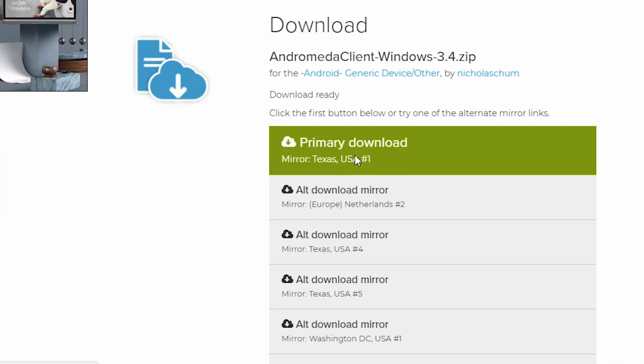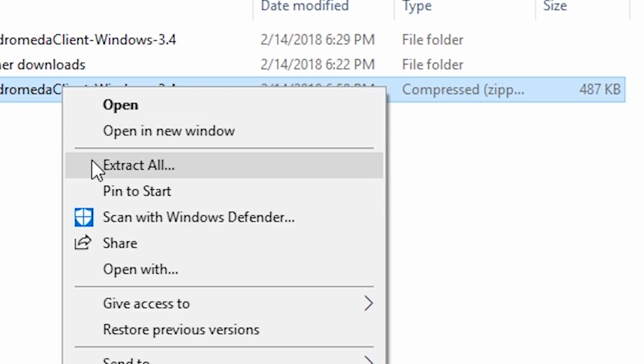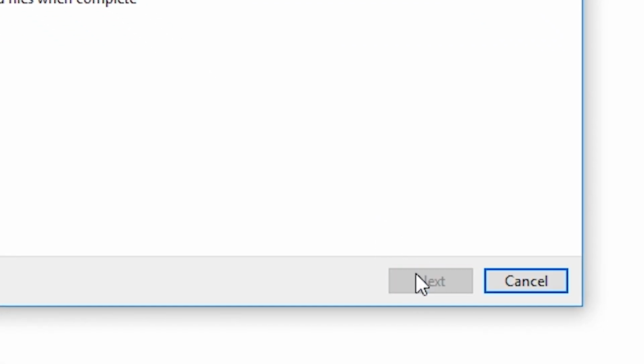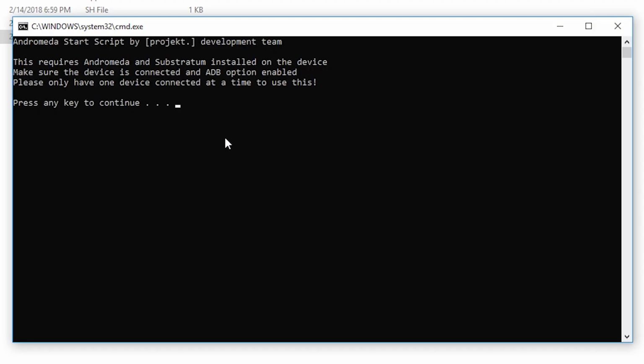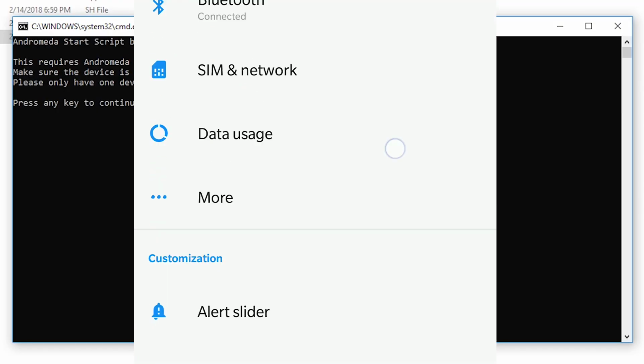So you're going to download the file linked in the description. Once it's downloaded, you're going to extract the files, and you're going to open the folder. You're going to open Start Andromeda Batch file, and then you're going to go to your phone, scroll down to